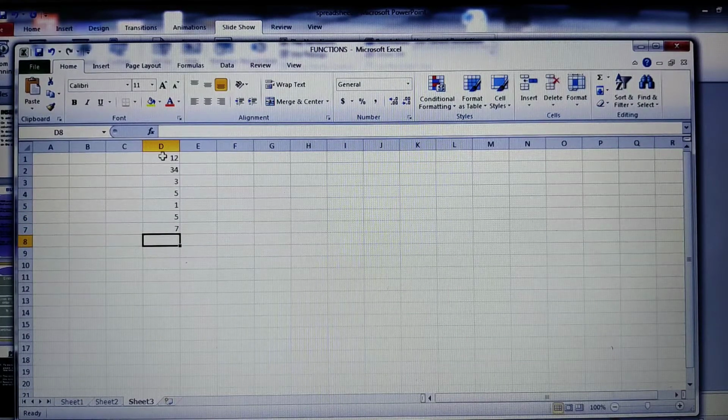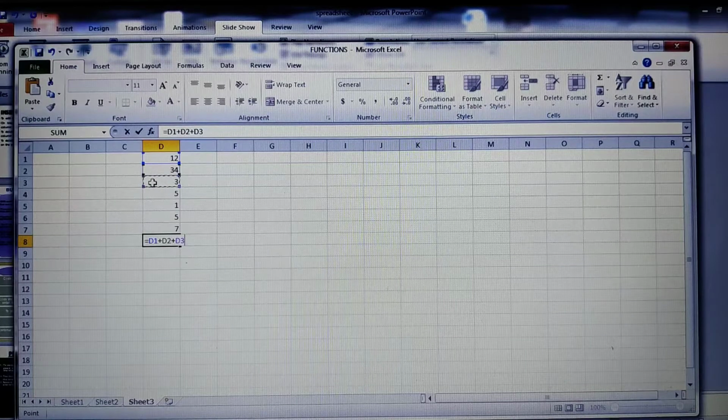If you want to perform the addition of these values, what did I say? You need to select where you want the sum, place the equals to sign, then select the values. D3, then place the plus sign. This is done manually. Then select the next cell, then place the plus sign, then again the next consecutive cells.